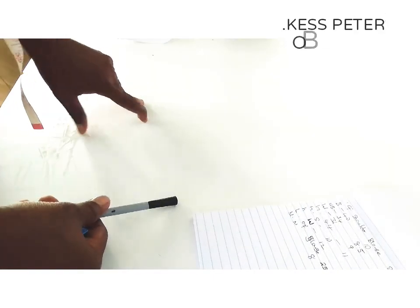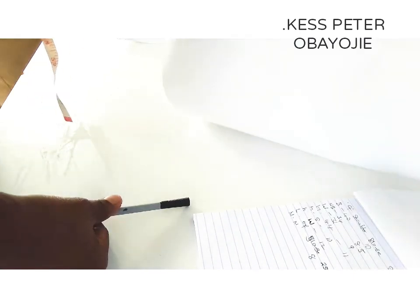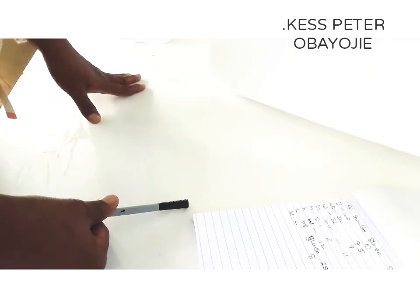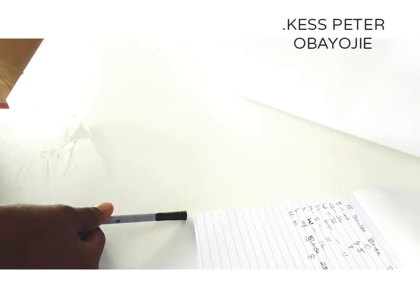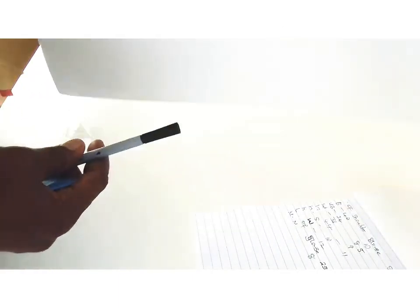I'm your humble lady Kesvita Bayo J, and today we are making an off shoulder blouse, a straight off shoulder blouse with breast pad. We are not going to use fabric to illustrate it, but we are using this pattern paper